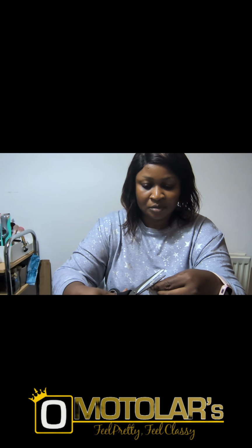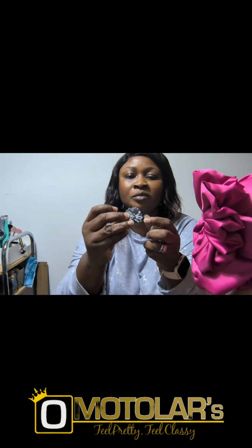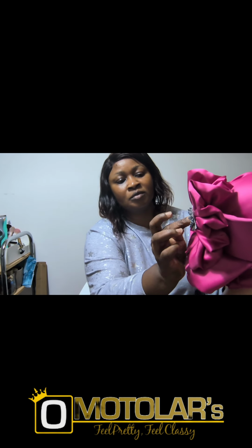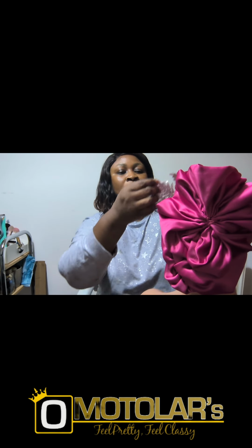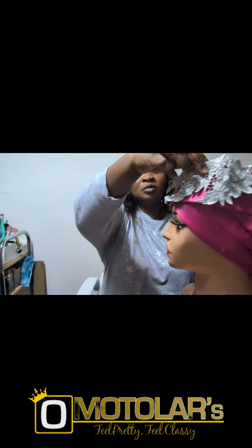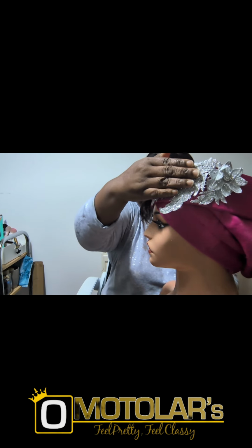So to beautify my Zara band and to accessorize it, I have this silver color patches that I found, and I'll be attaching it to one side of my Zara. You can attach it to the front, anywhere you want. I cut out these small pieces from the patches first of all to put on at the back of our rose. You can close with any fashion accessories that you have that will beautify it. Then the remaining patches, I'll be attaching to the side of my Zara band. I don't just want it to be plain, just to give it that extra beauty,